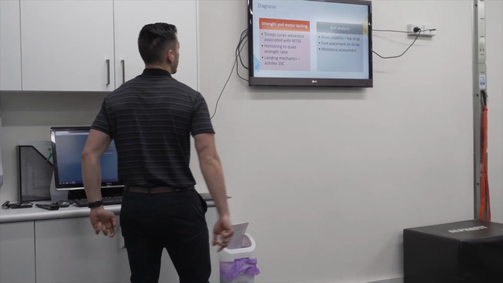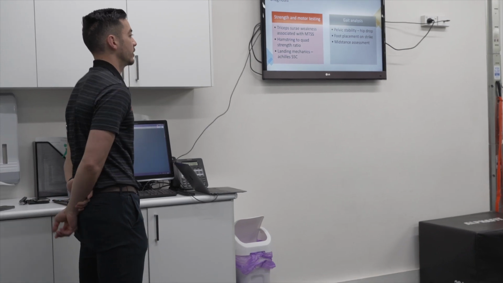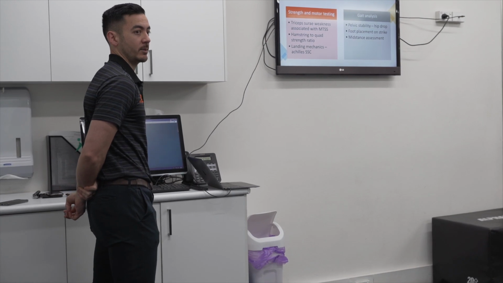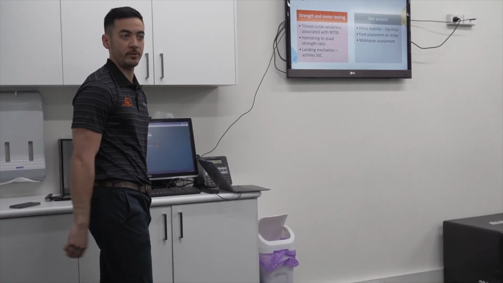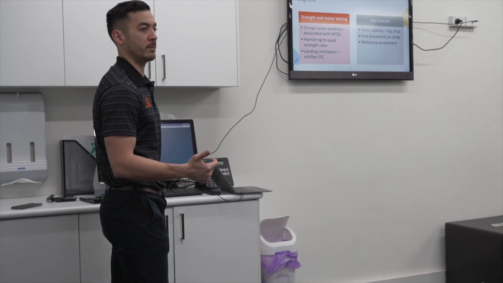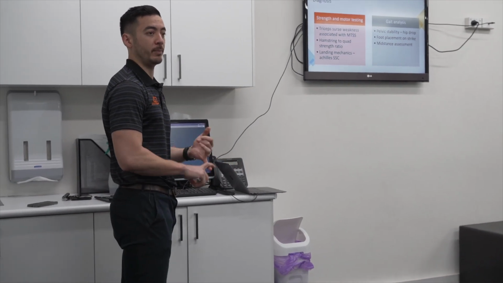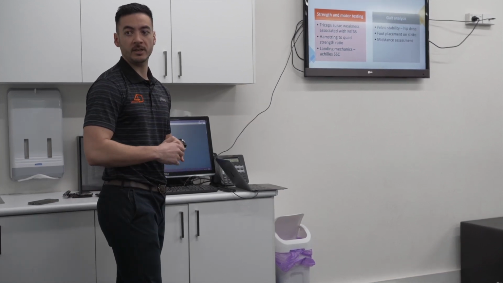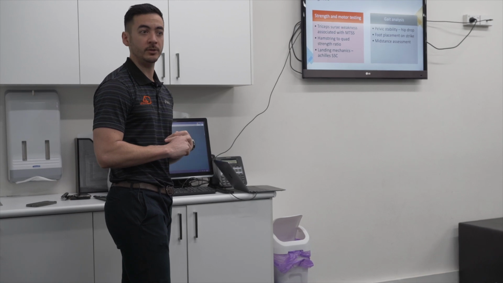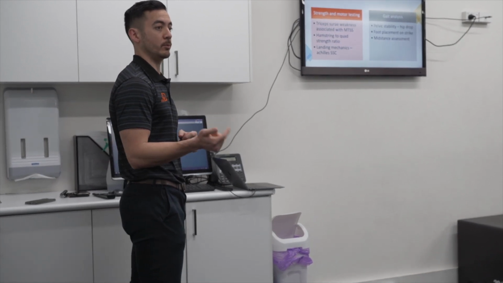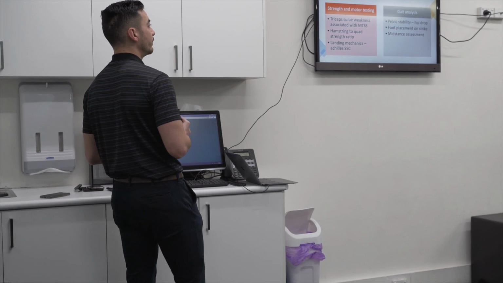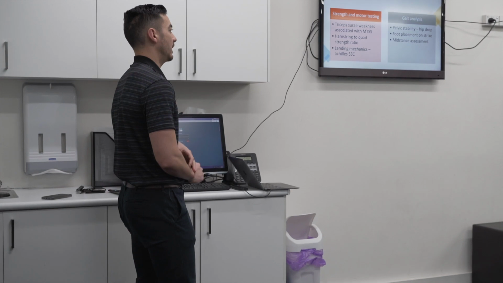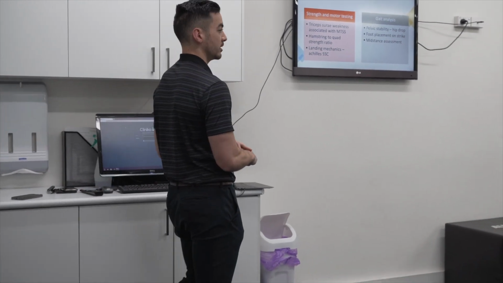Strength and motor testing, so super common: triceps surae weakness, so calf weakness associated with this. It's something that probably doesn't get tested enough in clinic. So both pure isometric strength and then maximal strength within the calf, both bent knee and straight leg. So you two would notice that in the city we're doing a lot of calf isometric work at the moment, just to really bring that calf, that triceps surae strength up. Hamstring to quad strength ratio is something we also want to look at, particularly with runners, and landing mechanics. So put in there the Achilles stretch shortening cycle.